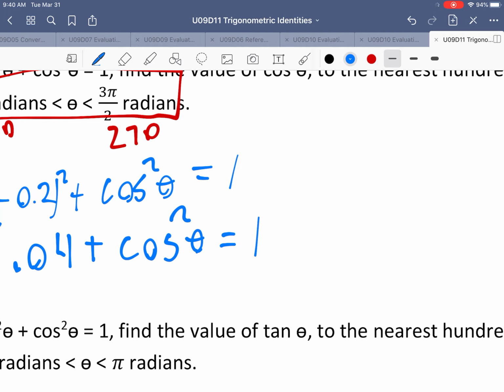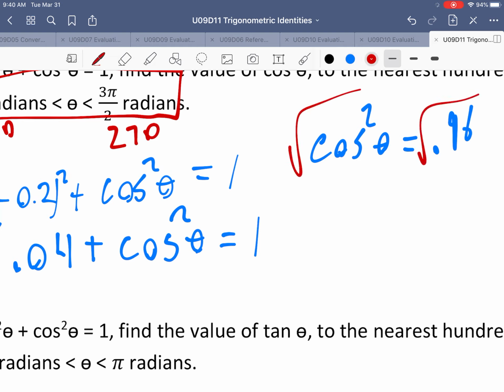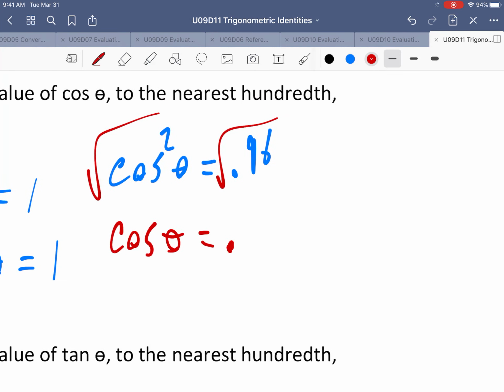And if I use my calculator real fast, 0.2 squared is definitely 0.04. Subtract that from 1, and on my calculator it gives me cosine squared theta is equal to 0.96. I'll take the square root of both sides and get that cosine theta equals the square root of 0.96, which is 0.97. It says round to nearest hundredth, so